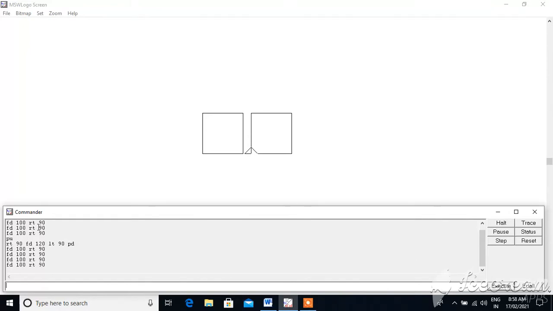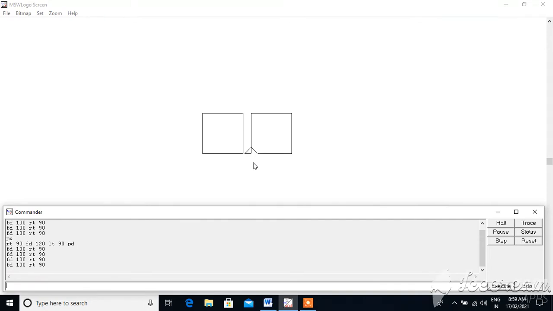Then we will see the hide turtle and show turtle commands. If you do not want to see the turtle on screen, use hide turtle, which in short we can write as the HT command, and to show the turtle again use the show turtle command, or ST command. If you don't want to see this triangle, this turtle on the screen, you can use the HT command to hide it, and to show it again you can use the ST command.